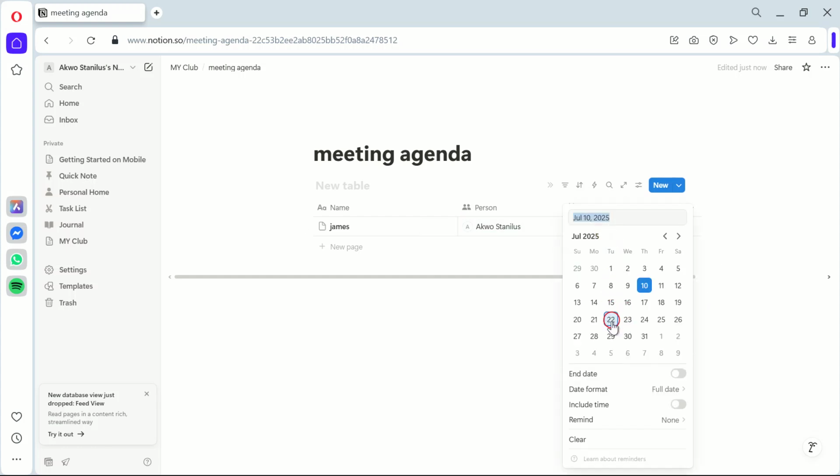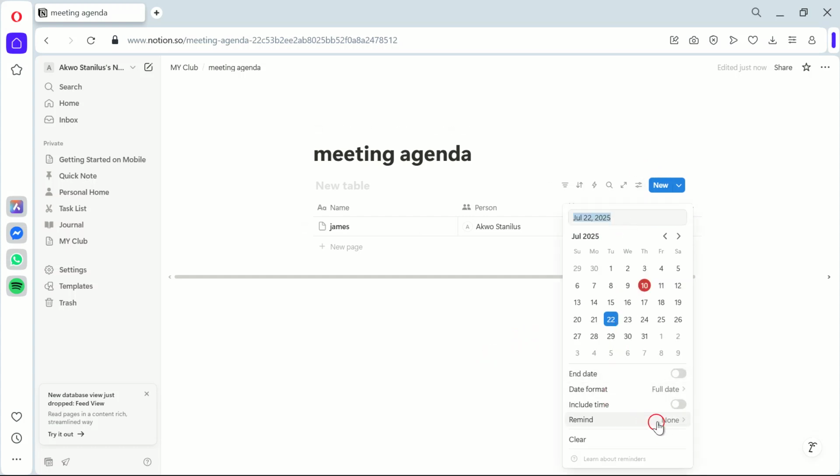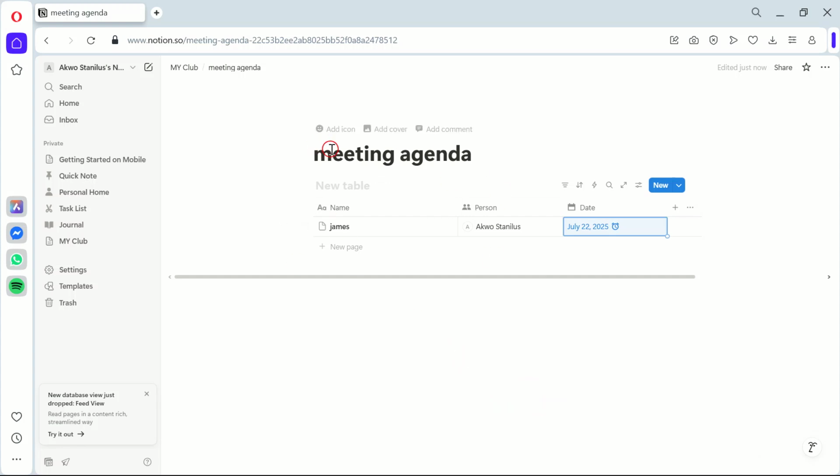And there you have it. You now know how to use Notion to manage your club meetings. Remember, the key is to keep everything in one place and use the features available to you to ensure effective